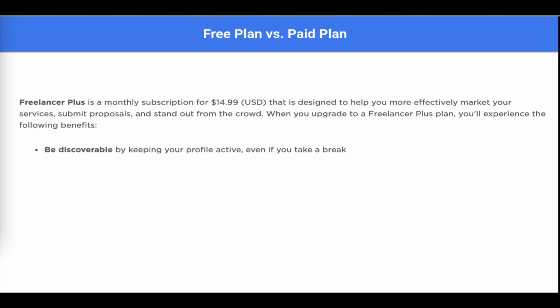But when you have the Freelancer Plus plan, you have the ability to stay discoverable even during those breaks. It also allows you to be more competitive because you can look at what your competitors bid on jobs. This is worth the $14.99 a month because when you're reaching out to different jobs, you can see the client's